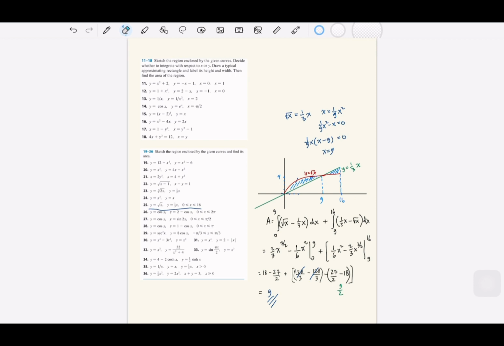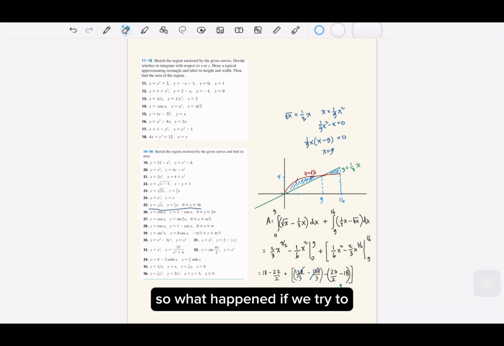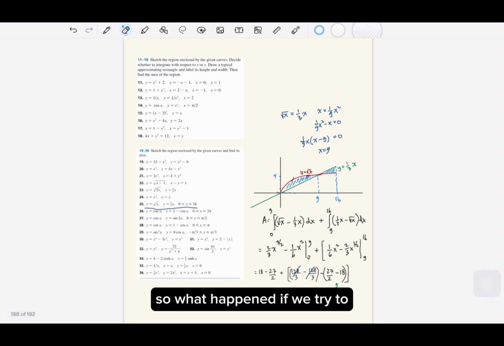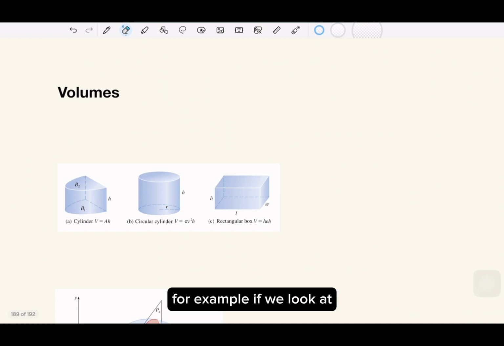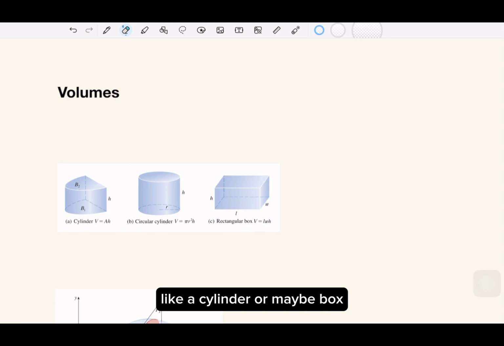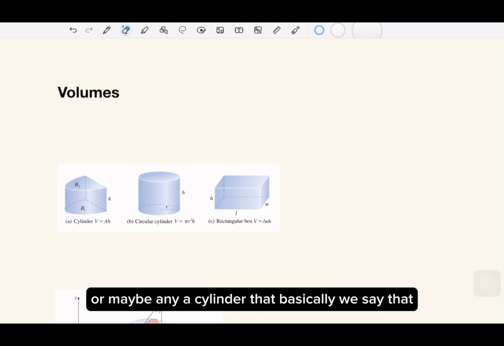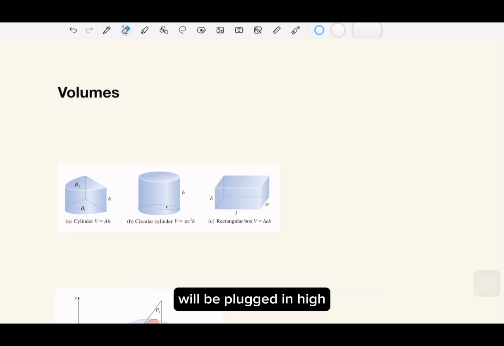So in integration, we define that it is the area under the curve. Right? So what happens if we try to find a volume using integration? For example, if we look at some geometrical shape, like a cylinder or maybe a box, the volume is basically the area multiplied by the height. Right? So let's say we have the